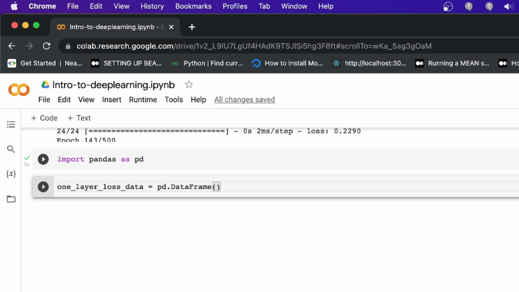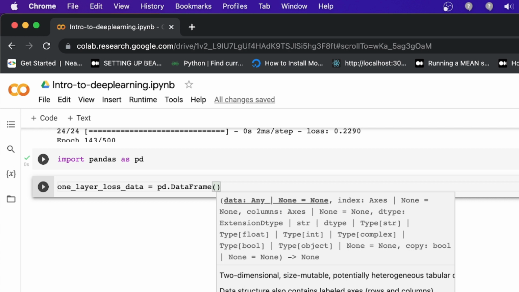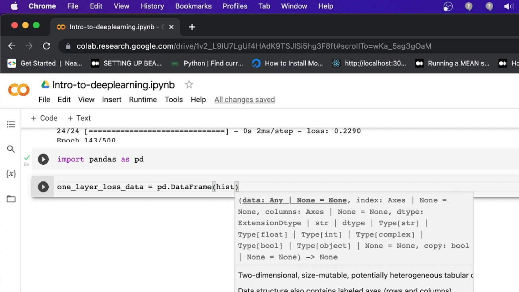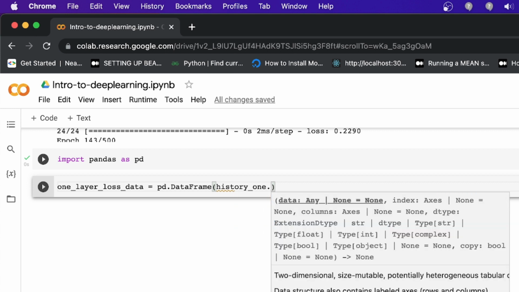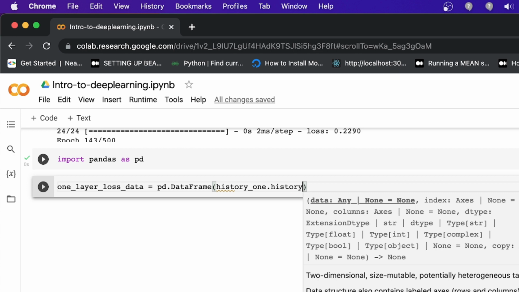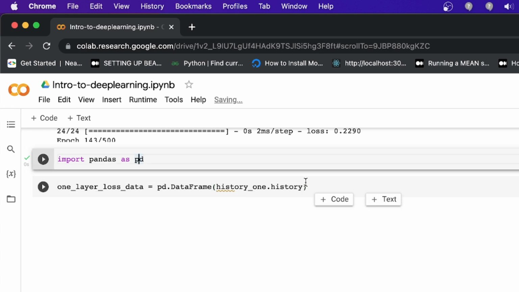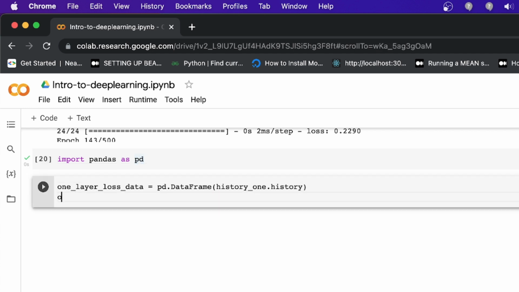This is not mandatory for this class. DataFrame, and you pass history 1 dot history. This history 1 dot history will return the information of the loss. Let me run it first.